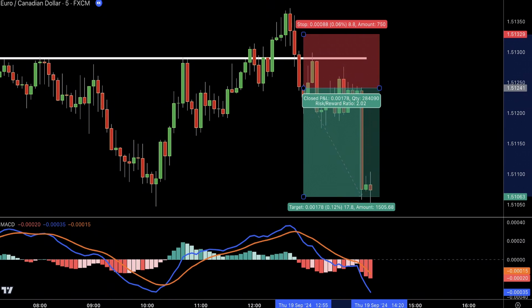This example highlights the power of combining liquidity sweeps, MACD confirmation, and top-down analysis. When all three factors align, you can dramatically improve the quality of your setups and focus on trades with a